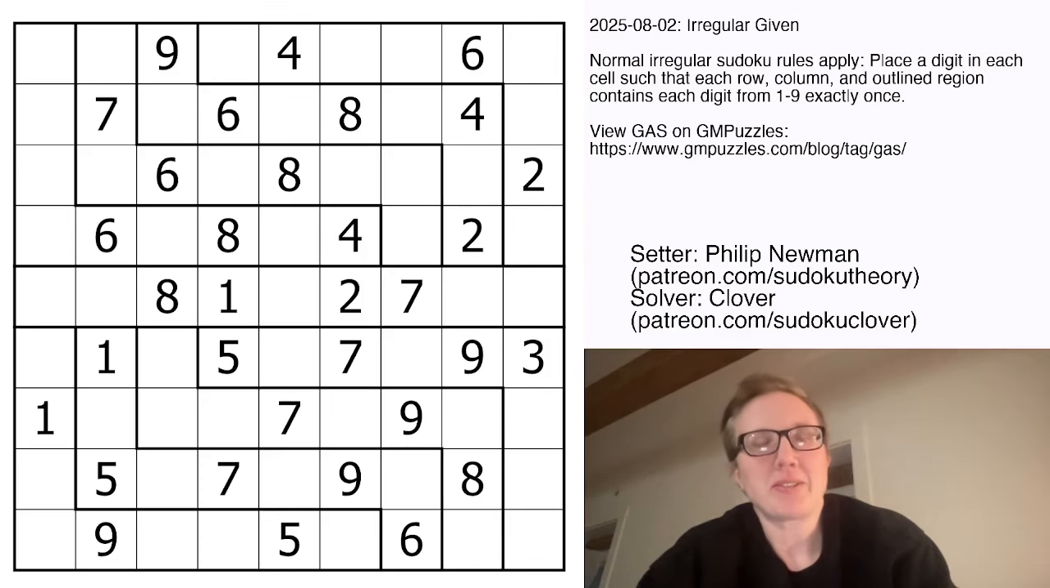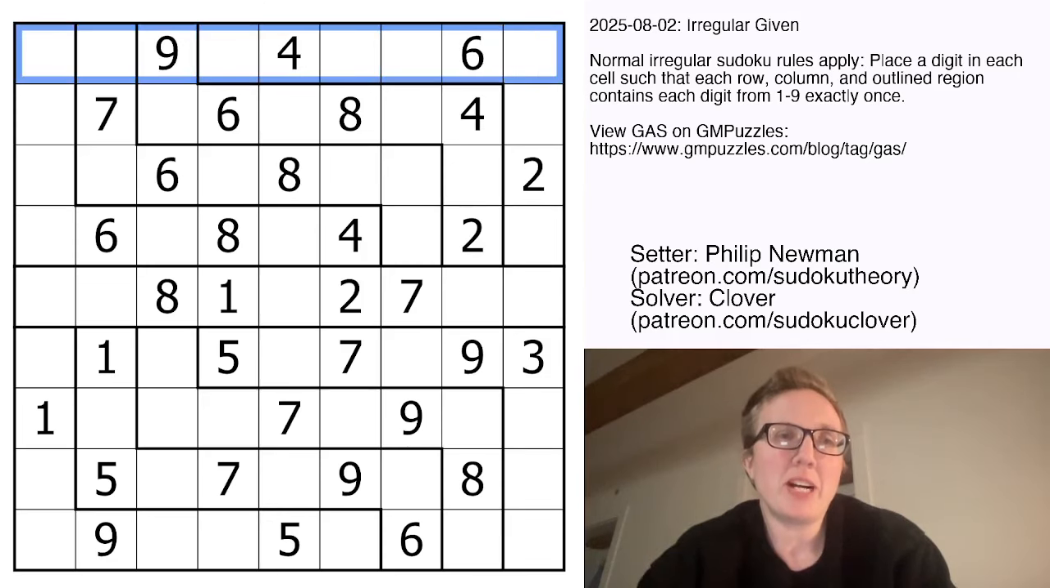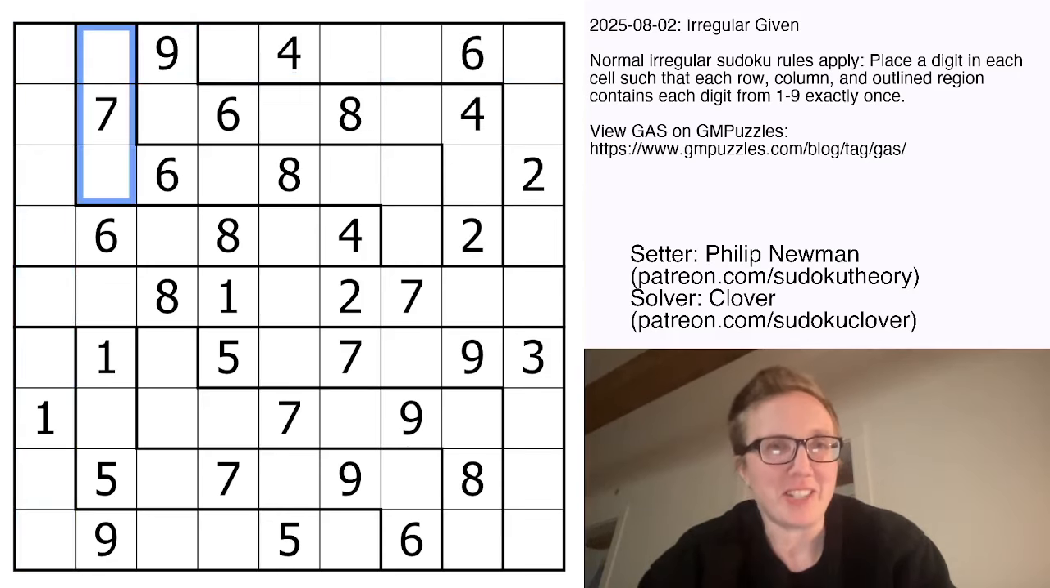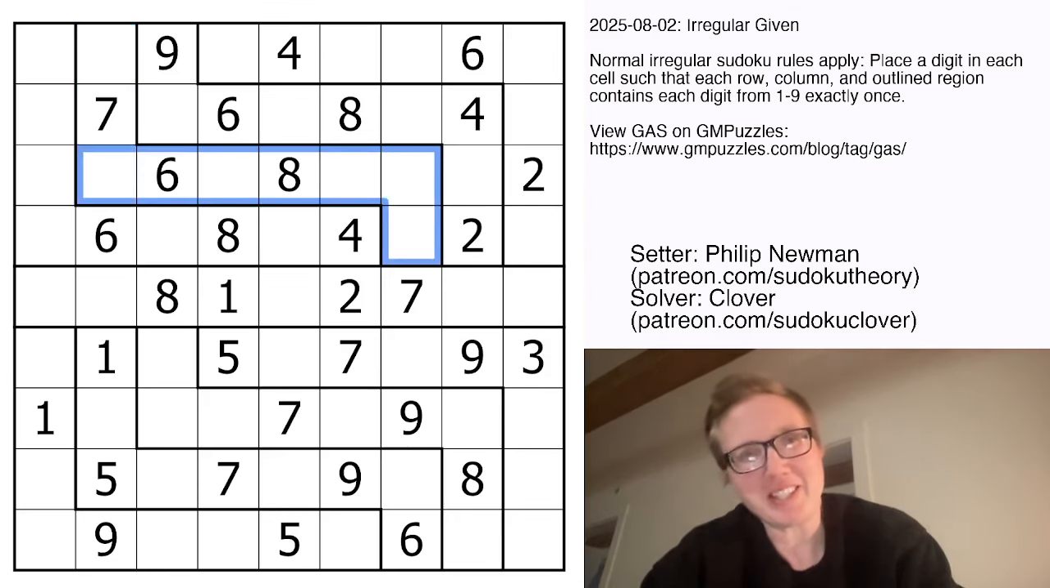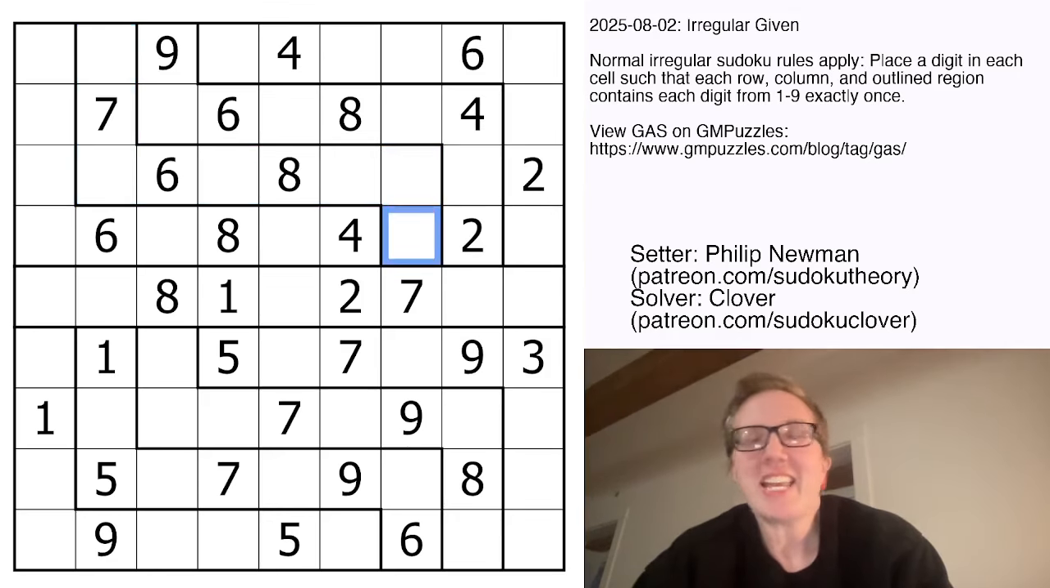So this is an irregular Sudoku, meaning that we're placing the digits 1 through 9 once each in each row, each column, and each wiggly region, not the typical outlined 3x3 regions, but wiggly regions. And that's it. So the first thing that jumped out at me when I looked at this are these 2s